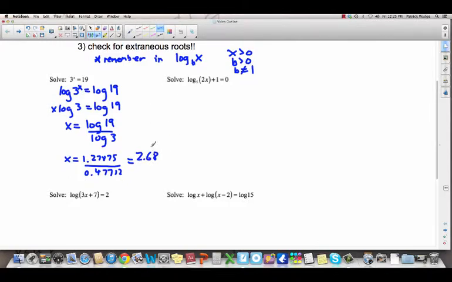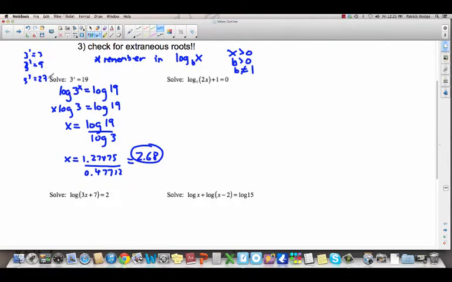By the way, does that answer seem about right? Well, let's think about this. We're saying that 3 to the 2.68 power equals 19. What's 3 to the 1 power? 3. What's 3 to the second power? 9. What's 3 to the third power? 27. If we're looking for 19, that falls somewhere between 9 and 27, so it must be 2 point something,